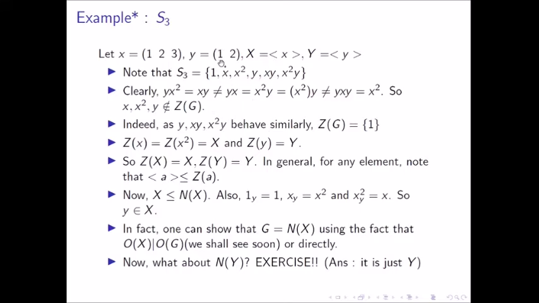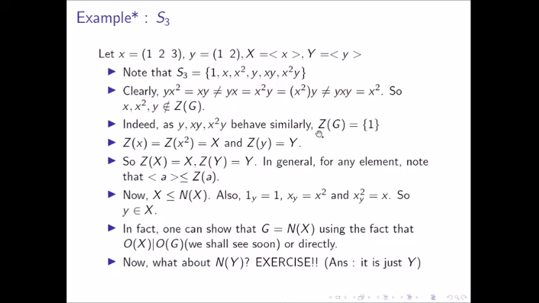Note that y is just one map which fixes one element and moves the other two. It turns out that the other two maps which have this property are basically xy and x square y. So we could have chosen one of them to be y instead. So y, xy and x square y in S3 behave quite similarly.